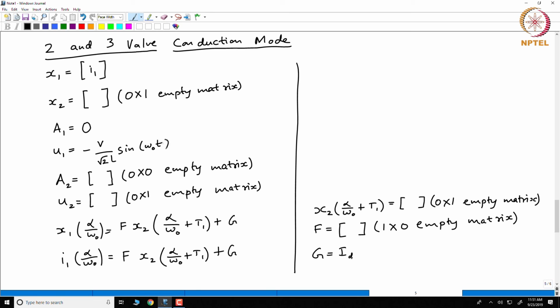Here you notice that A1 and A2, of course A2 is empty, A1 is 0. So the analysis was very easy so far because A1 and A2 are actually 0 matrices, if not empty. Now when A1 and A2 are not 0 matrices, don't get confused between 0 and empty. 0 is different, empty is different. If I have 0 A1 and A2, the solution is very easy, I just have to integrate. I have to actually use the solution of a linear differential equation if A1 and A2 are non-zero.